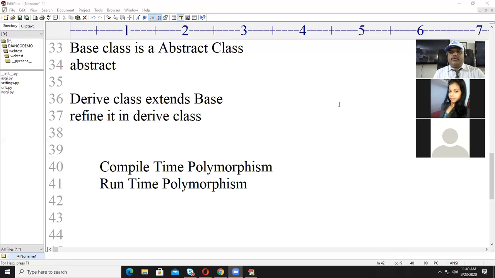One more question. Yes, go ahead. How many operators can we overload? Actually, in Java you cannot overload any operator, so you have to depend on the set of operators that are already overloaded. Because of security reasons, Java does not allow you to overload operators.